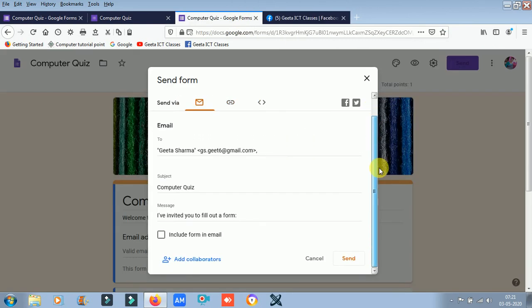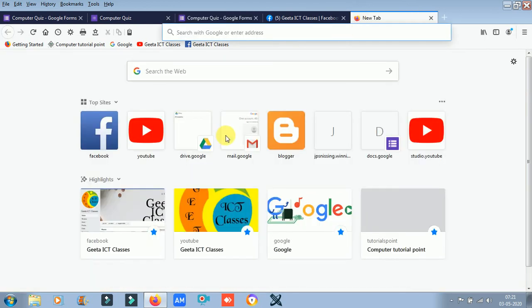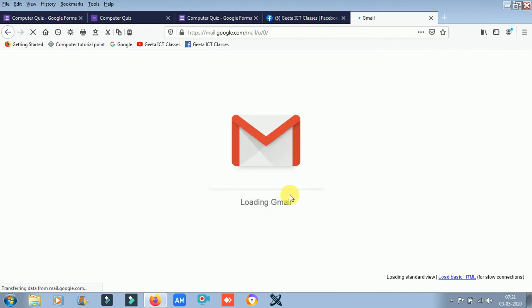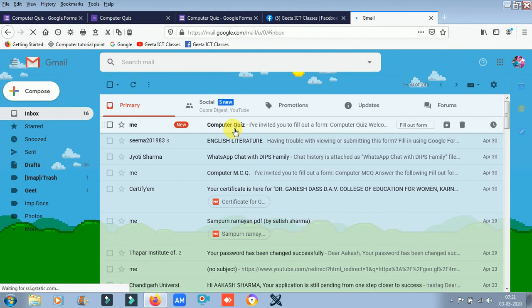And next is email. If you want to send any mail, then you can click on mail. I will show you how you can see this mail. Computer quiz.